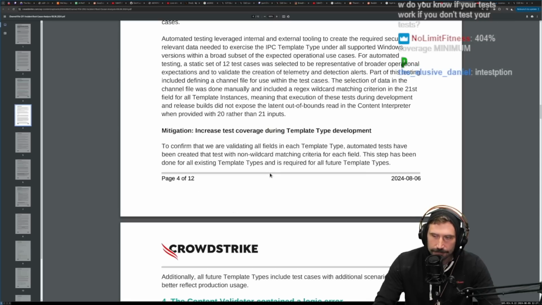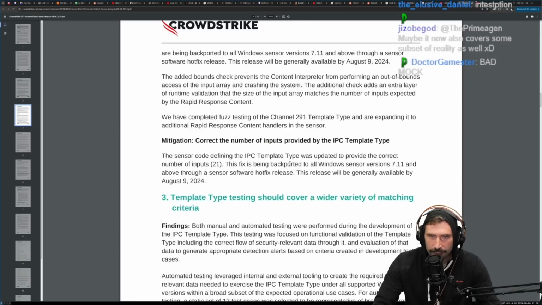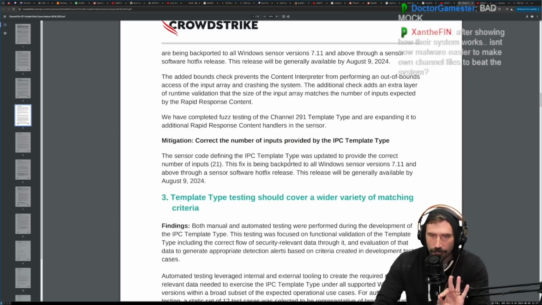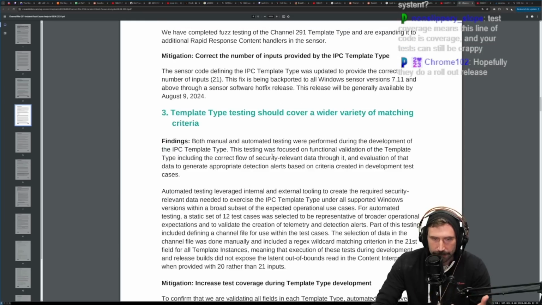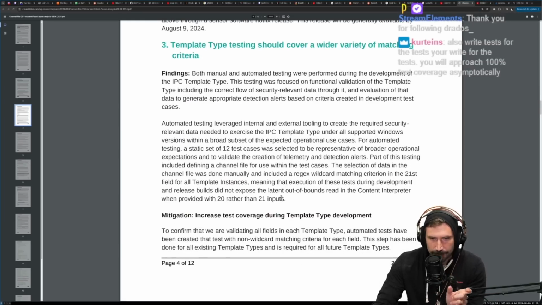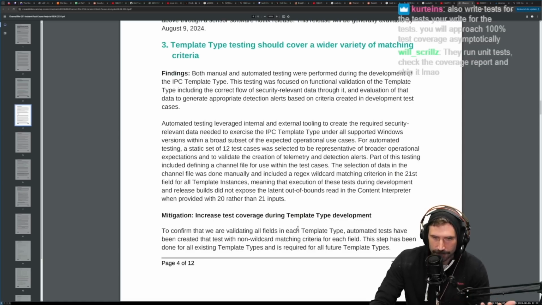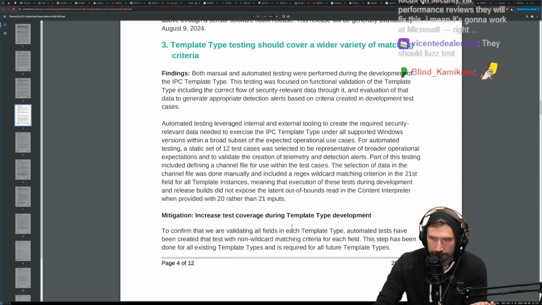That's what I'm reading. Because channel file 291 or whatever it is contained during its first iteration a wildcard in the 21st position, meaning that if there's nothing to match, it would still provide an empty match back out. Whereas this one, on the other hand, did not have a wildcard when it had a specific shape, and thus it didn't match anything, thus providing only 20 arguments instead of 21 arguments. But the test still was in the older format with the wildcard. So the test is literally a copy pasta, at least this is how I read it, of some sort of channel file 291.